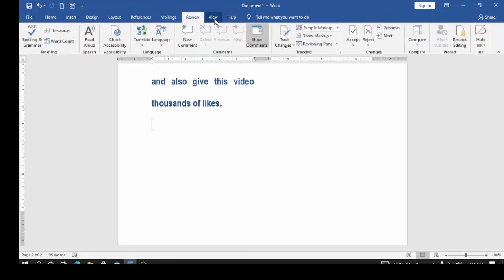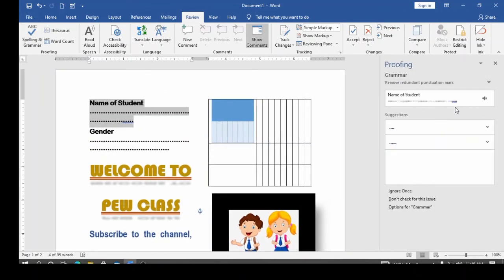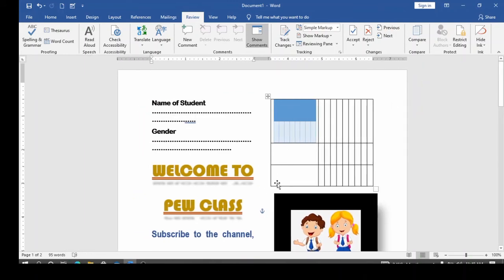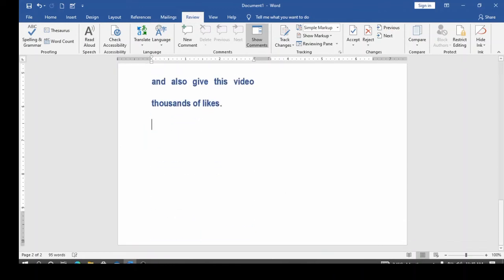So you can see that there are a lot of things, spelling and grammar. Let's say, okay, look at what I've been typing. Let's just click on spelling and grammar. You can see the only spelling error they found is this. Okay, let's close it. Let me just type something. Let me make one error. Let's say I want to type in video, and I typed in video